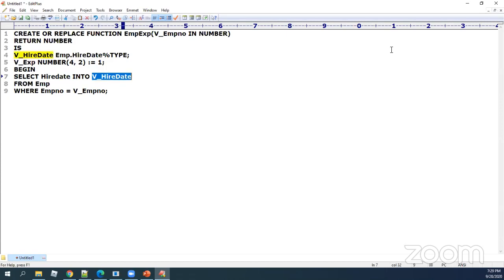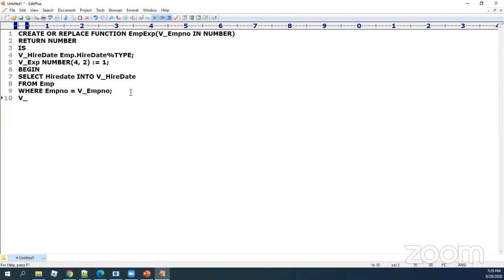Now, every employee should have a hire date. Once that hire date is captured into my local variable of my PL/SQL, I go with my calculation. I'm saying v_exp is assigned as, I'm calling the months_between function from my SQL, sysdate comma v_hire_date, divided by 12.